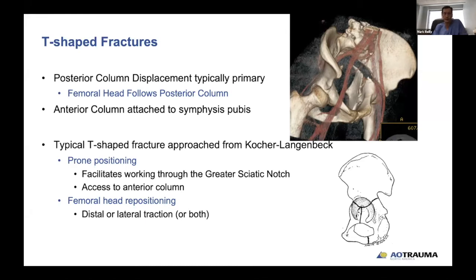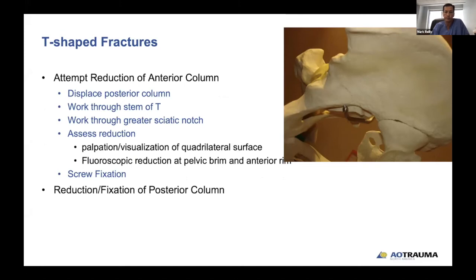We also are going to need to be able to directly reposition the femoral head, and so we will need either distal traction or lateral traction or a combination of both in order to position the femoral head under the roof so that we can proceed with the reduction and fixation of the T-shaped fracture. Usually the typical reduction sequence is that we will attempt a reduction of the anterior column. So we can do that by either displacing the posterior column and working sort of through the stem of the T-shaped fracture to gain the reduction of the anterior column, or we can work around the posterior column fracture through